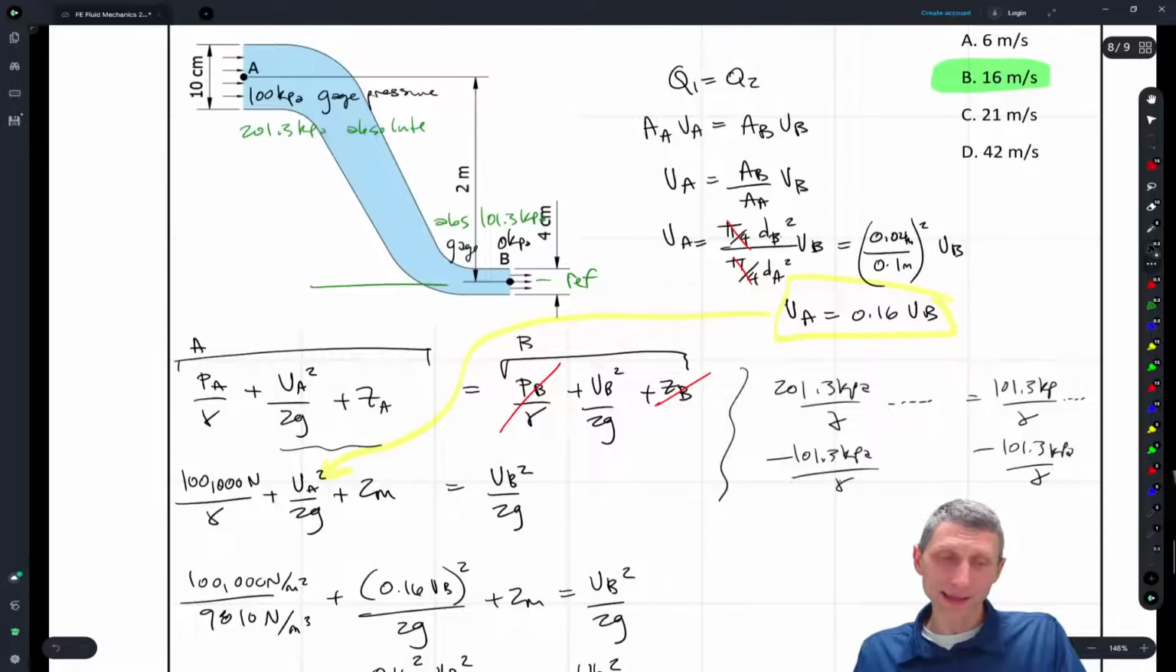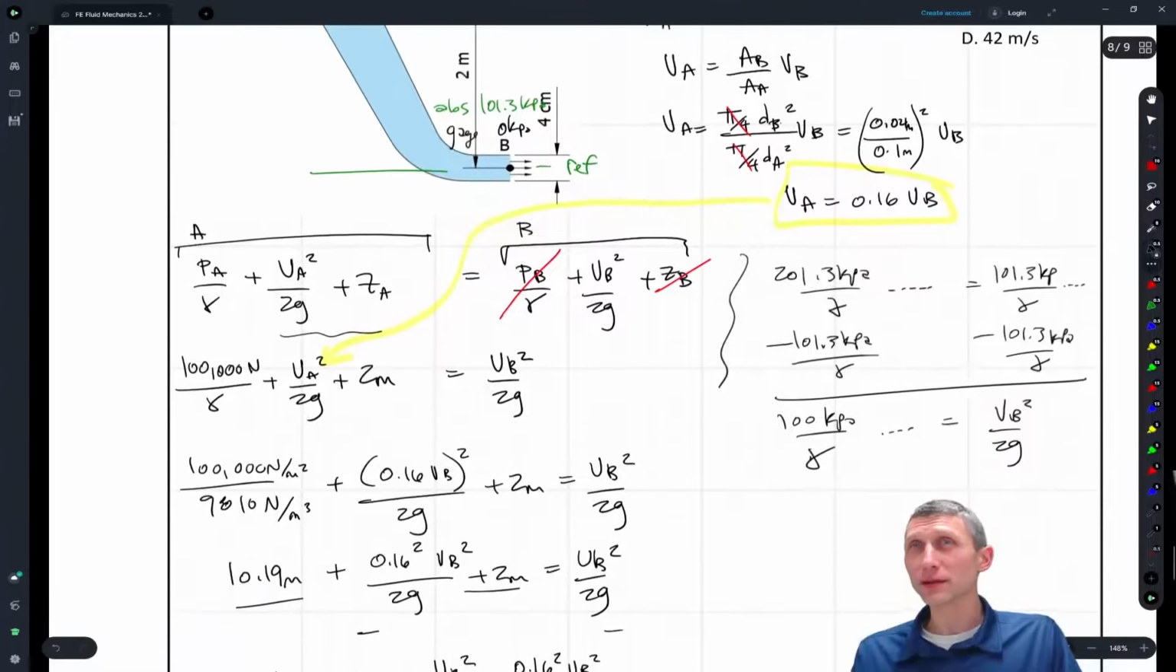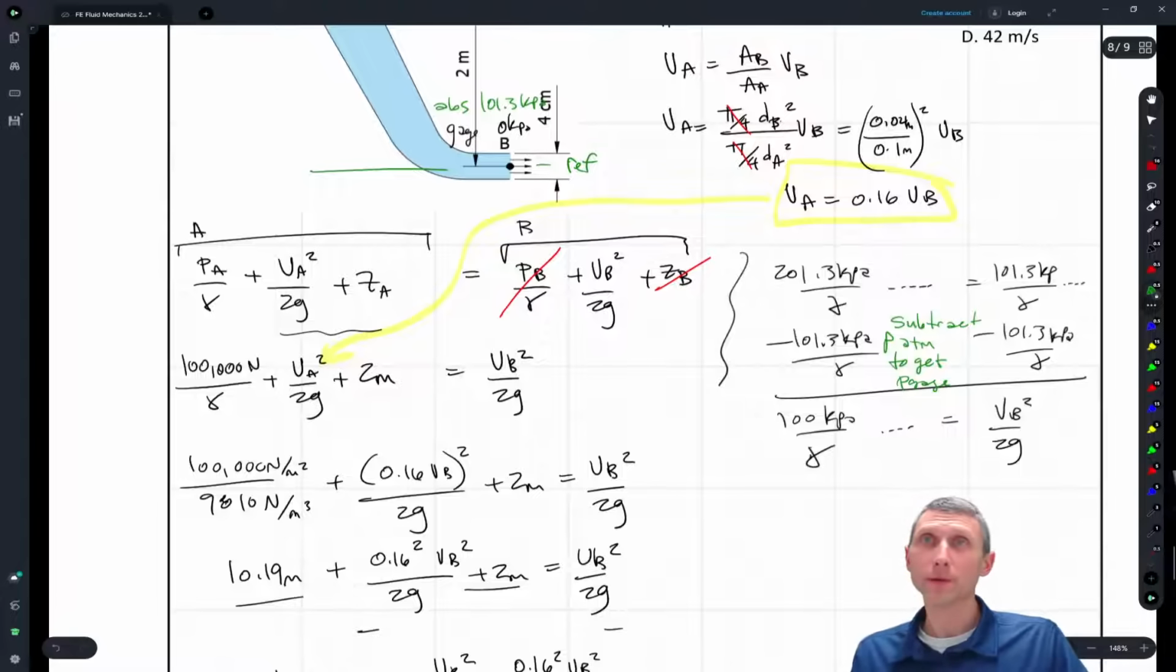right, what we're going to get here is we're going to end up at the same thing: 100 kPa over gamma ... all the other pieces, equals essentially the VB squared over 2G term. Okay, so that's where this is subtracting off. You subtract the atmospheric pressure to get P atmosphere to get P gauge. Okay,